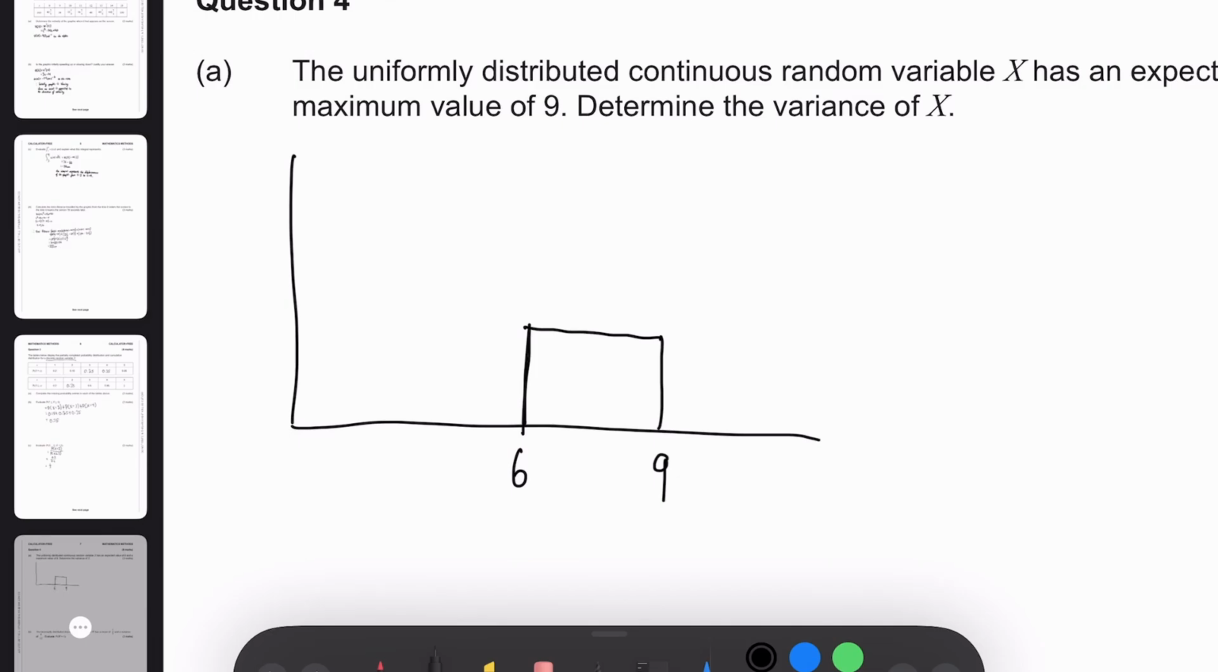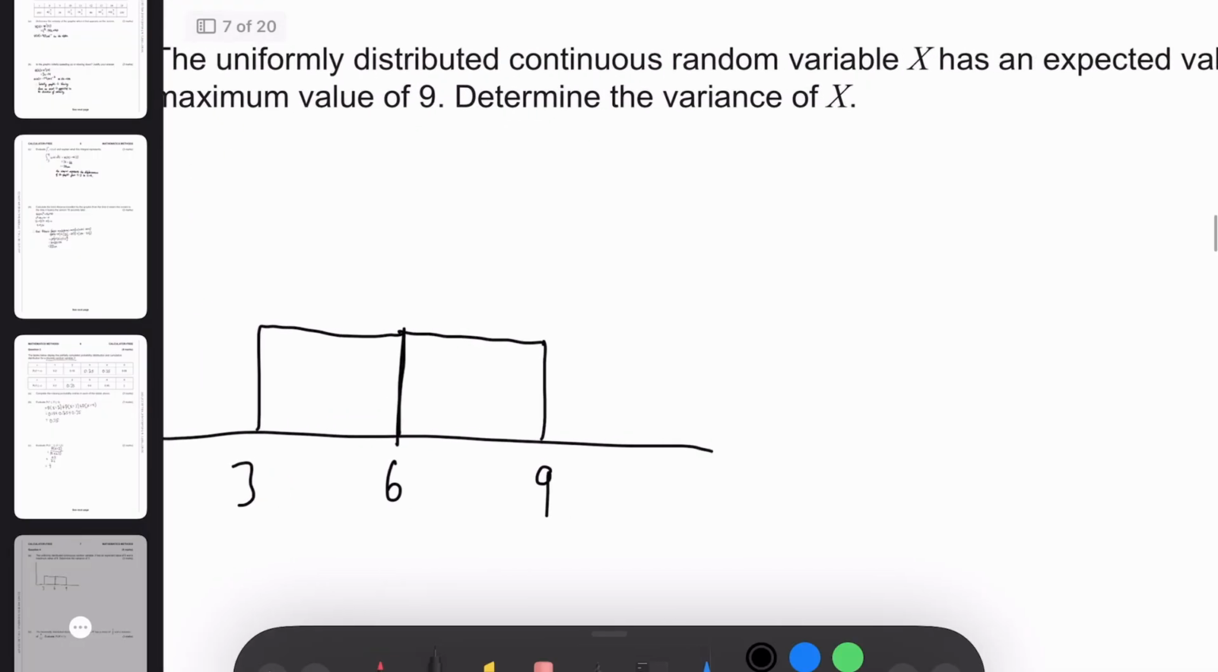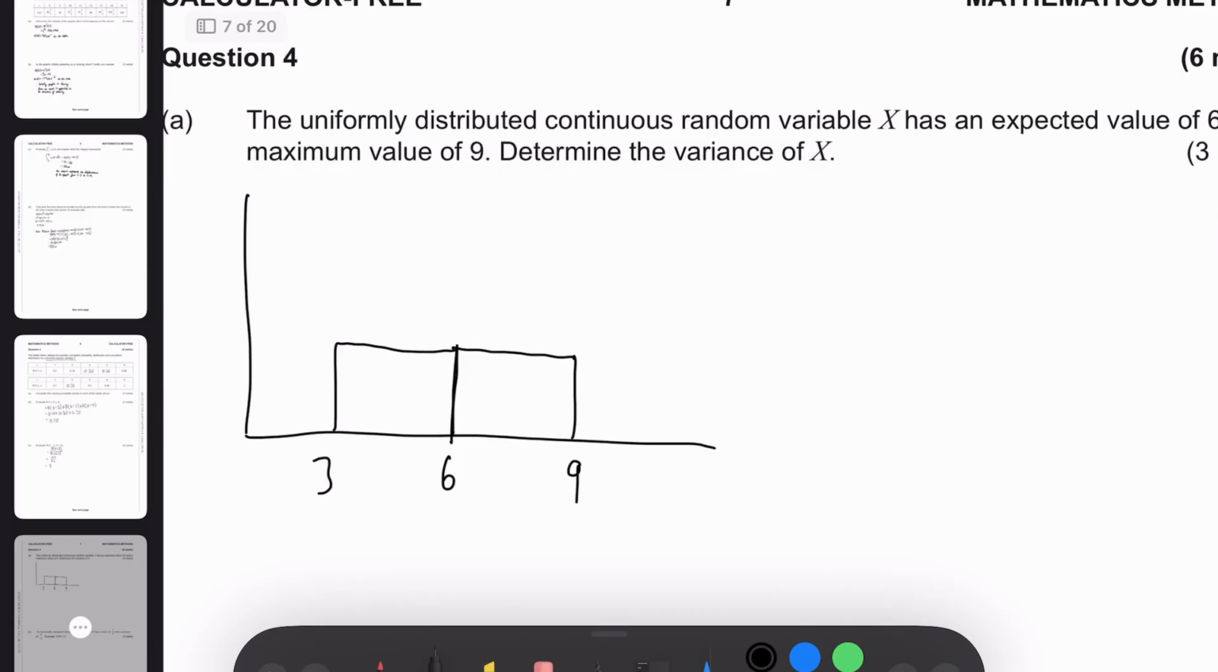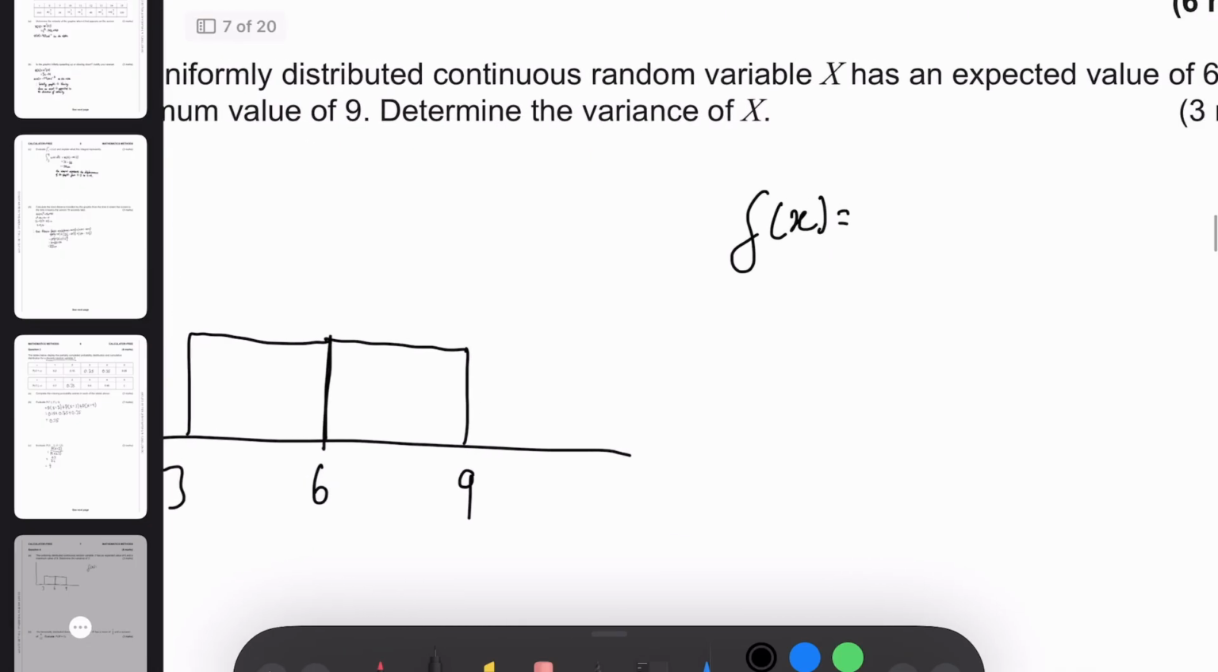Then it should be quite intuitive that since the maximum is 3 away from the mean, then the minimum is also going to be 3 away from the mean, only because we have this uniformly distributed continuous random variable. So this is what we have, okay? And since this is continuous, we're going to be using integrals rather than summation. So we can firstly write that f of x is going to be equal to